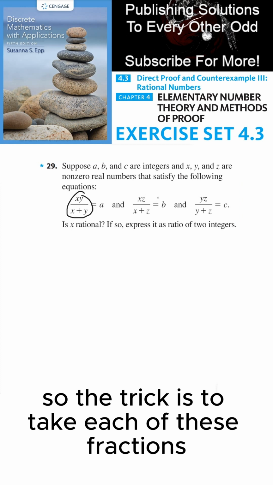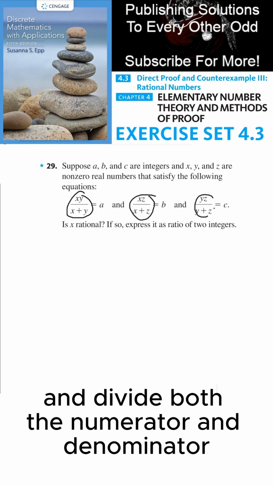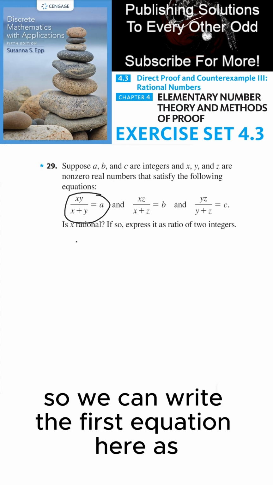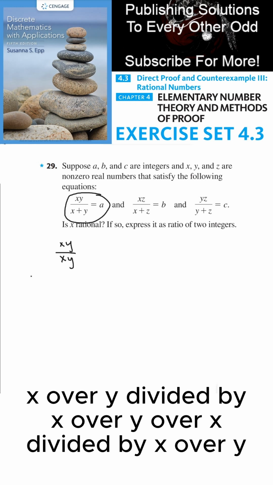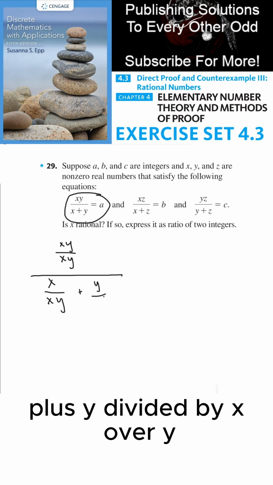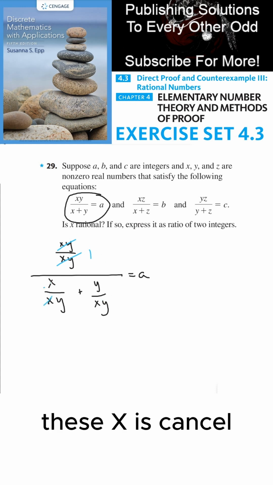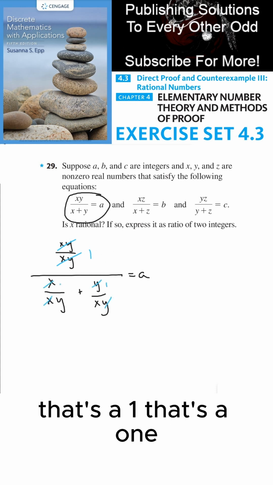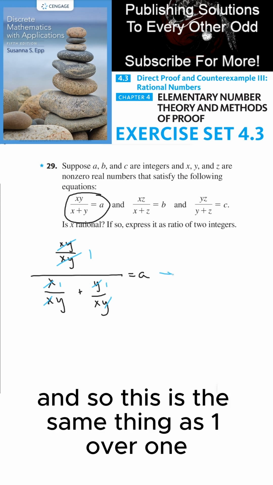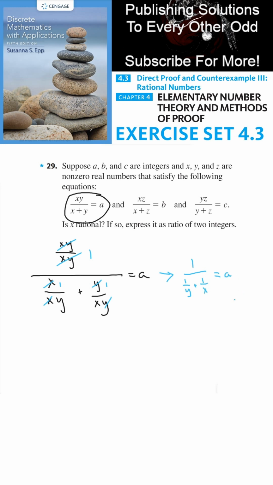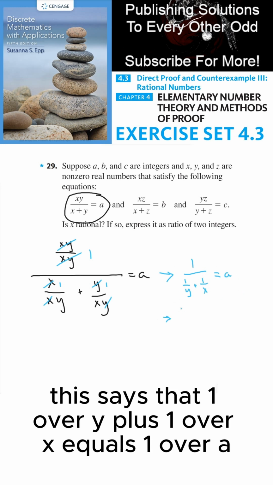So the trick is to take each of these fractions and divide both the numerator and denominator by the numerator. So we can write the first equation here as (x over y) divided by (x over y) over (x divided by x over y) plus (y divided by x over y), and this equals a. We can cancel some of these off to make that a 1. These x's cancel and these y's cancel. So that's a 1, that's a 1. And so this is the same thing as 1 over y plus 1 over x equals a. And if we take the reciprocal of both sides, this says that 1 over y plus 1 over x equals